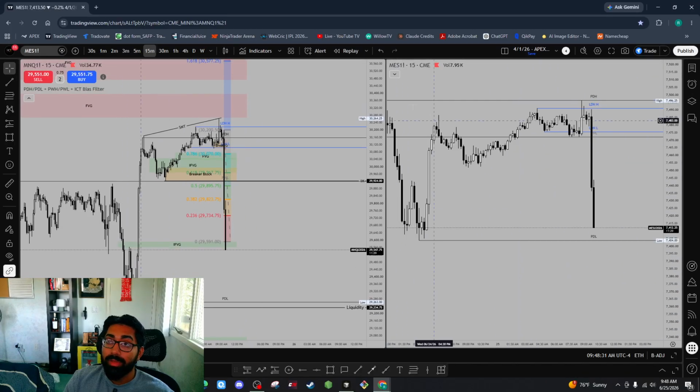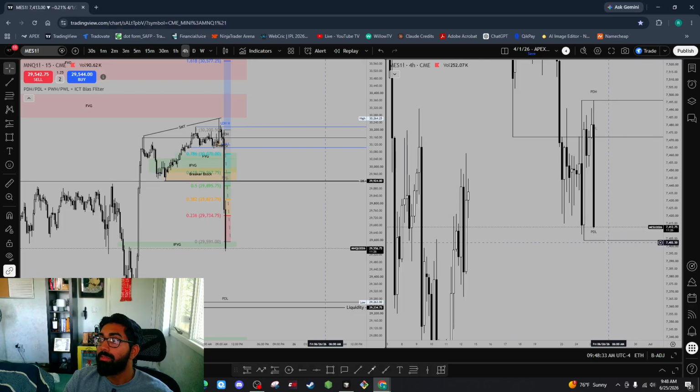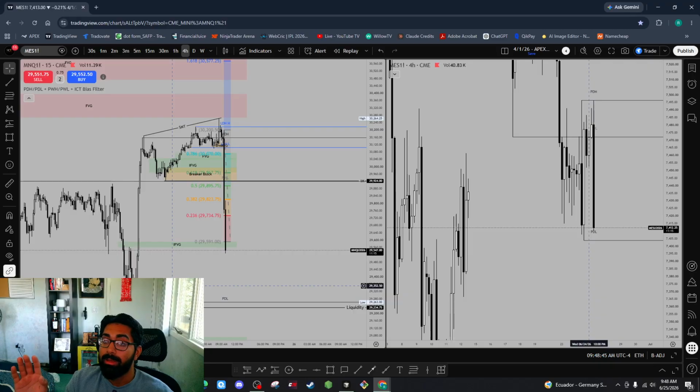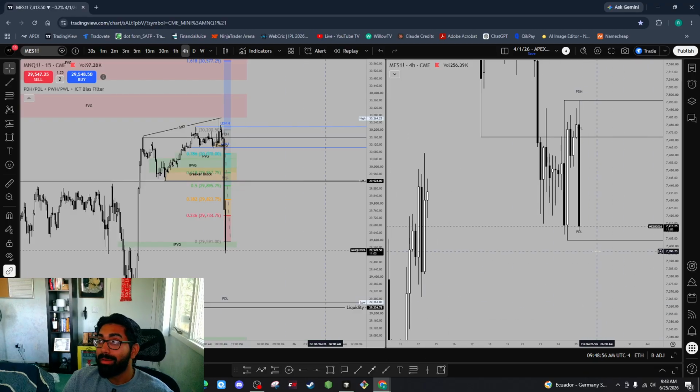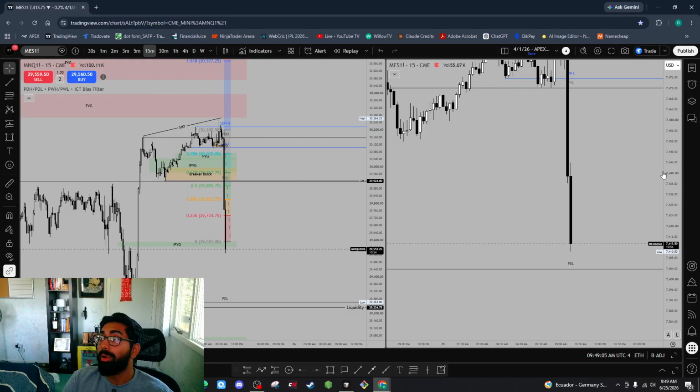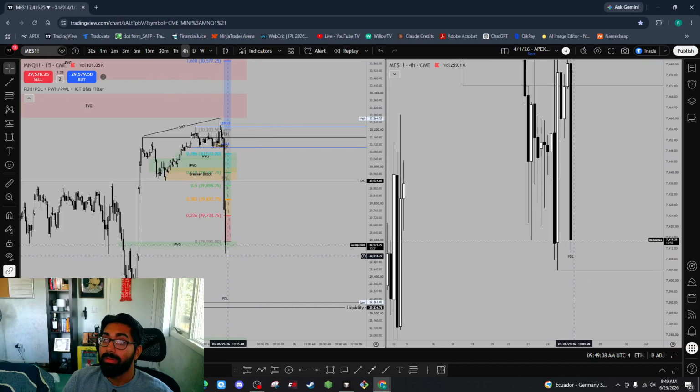Okay, so yeah, this is interesting. This is something I definitely have to keep an eye out for because the 4-hour ends in 11 minutes. If we end up taking previous day low on ES and we don't end up taking previous day low on NQ on the 4-hour, that could change the entire daily bias. Right? We could be bullish, and that would be crazy. So it's possible. I'm kind of hoping that we don't do that, but it could happen very soon. Yeah, we're right there. If that happens, honestly, I might have to look for longs. So I'll pause in the meantime.